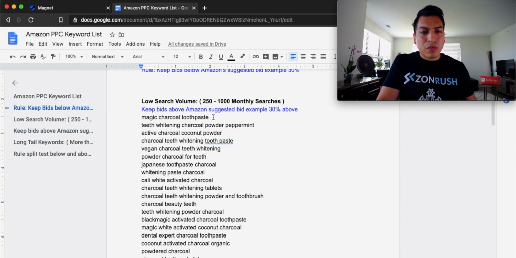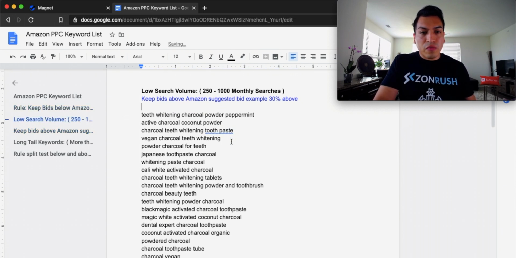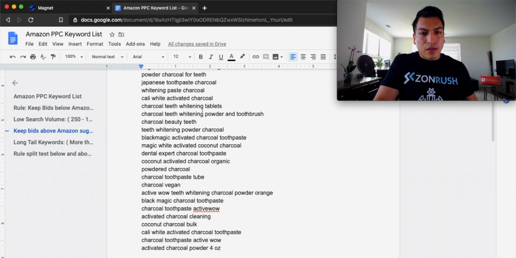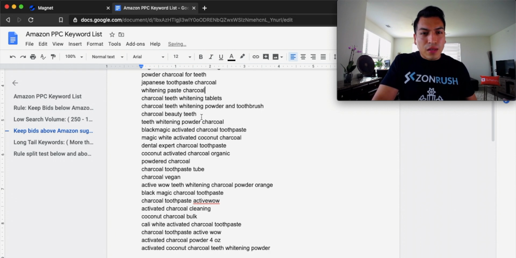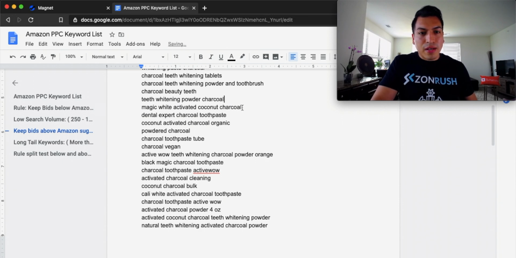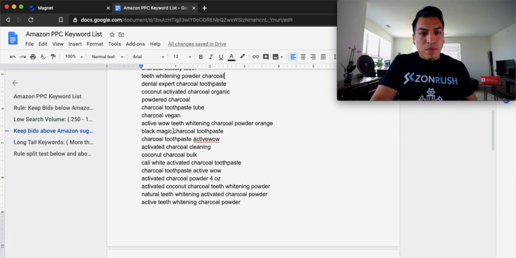As an example, magic charcoal toothpaste. I'm not too sure what that is, so we'll go ahead and remove it. Let's see, Kelly White, we'll remove that. Some of these keywords look okay. Blagic Mac, that definitely looks like a brand name. Let's go ahead and remove this one. And you can basically see when you're looking at all of these keywords,